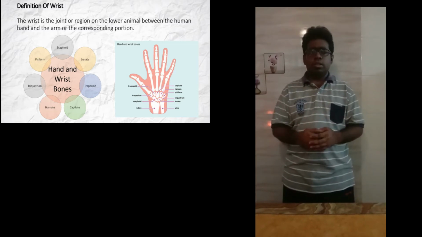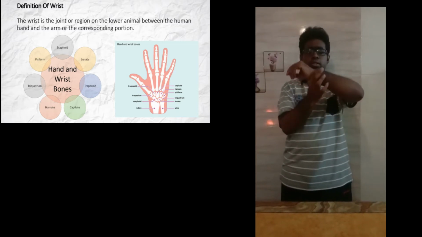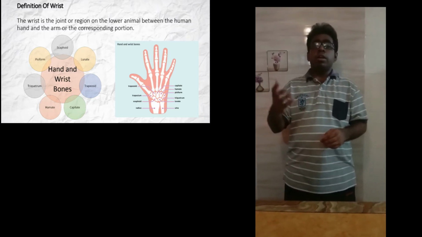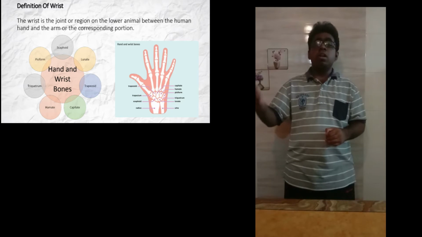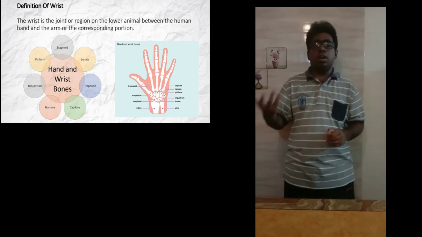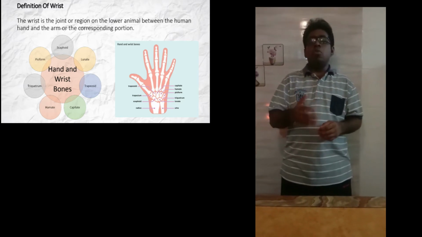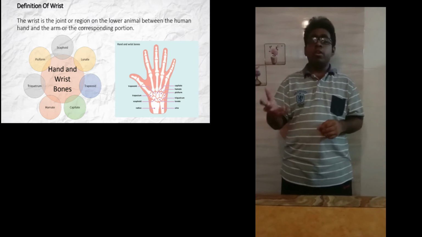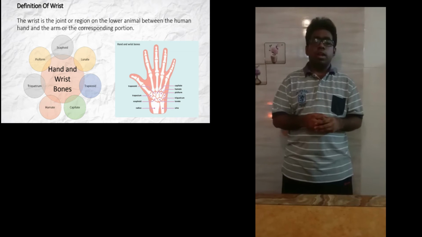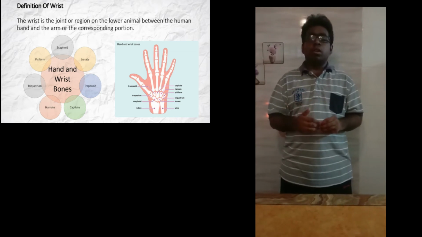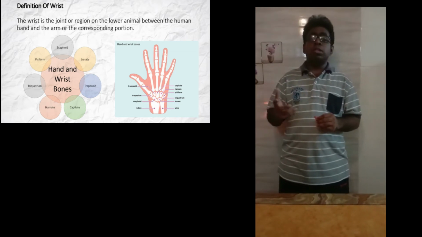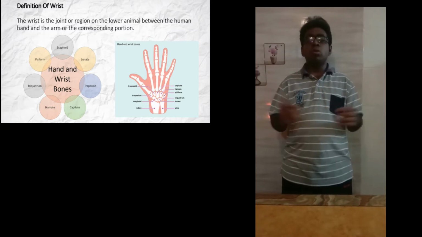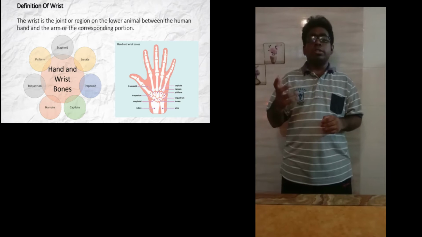So what is the wrist? The wrist is usually in our hand. This is the wrist. It is a joint or region on the lowest part between the human hand and human arm. Our wrist consists of several little bones and joints that allow our hand to move. Our wrist has 8 little bones called carpal bones. The carpal bones are usually triangular,